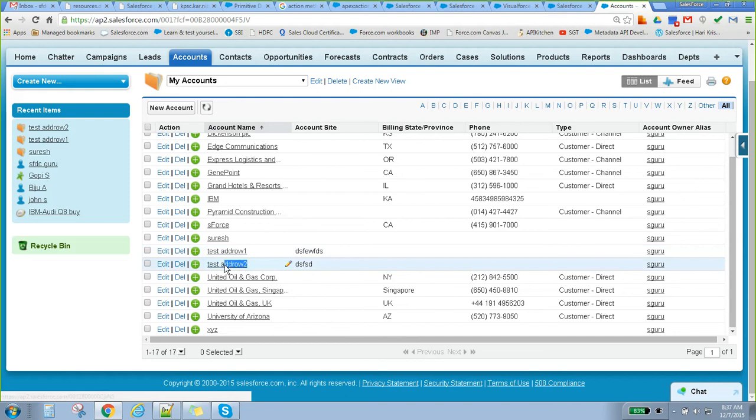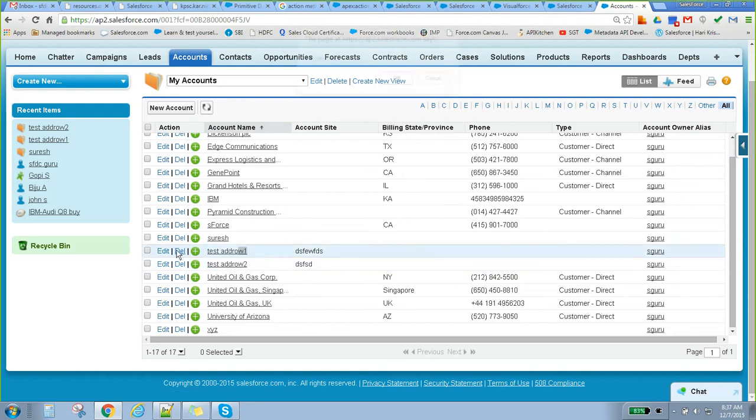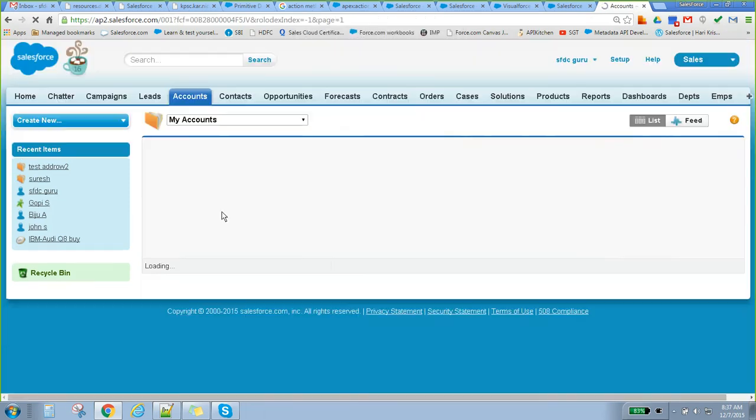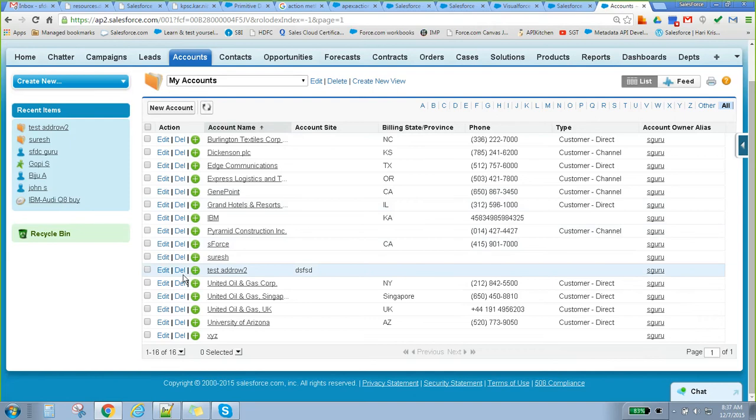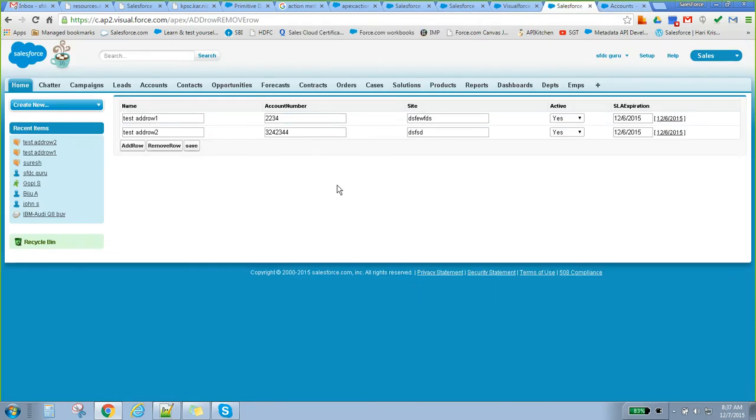This is how we have to create this kind of functionality whenever we face these kinds of scenarios. Here you are adding this into the list. What is the maximum number of records you can add in a single list? Is there any limitation? 1,000 is the maximum. After that, the list will throw an exception.